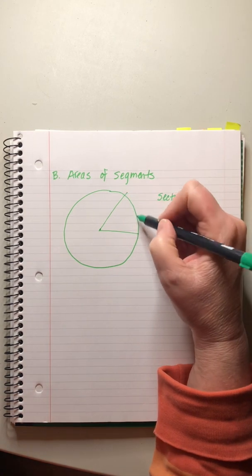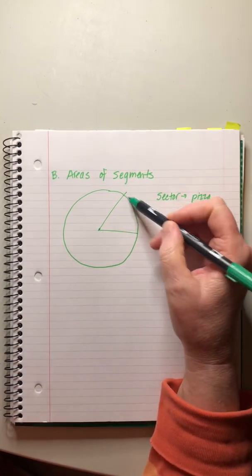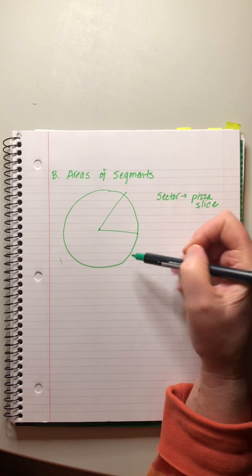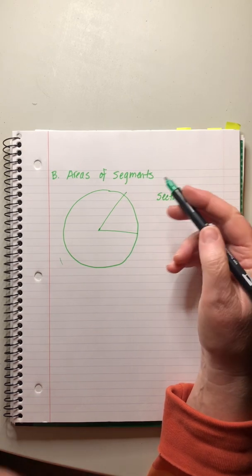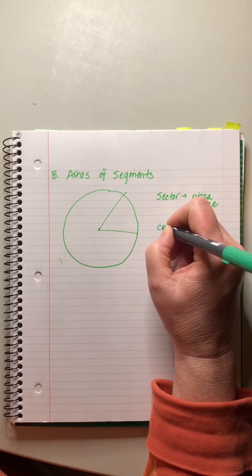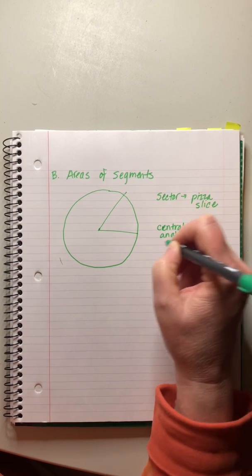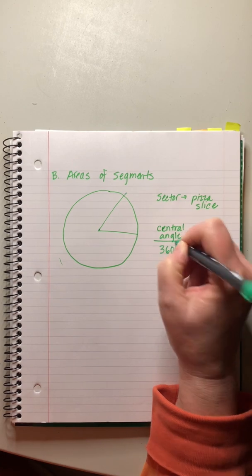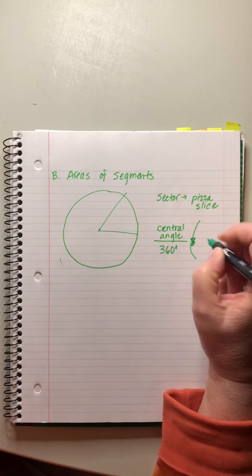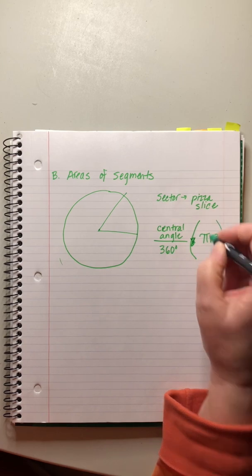A sector is like a pizza slice, right? It's straight on the edges and it's curved on the end. Ooh, pretend that's perfect. That's a rough circle, you guys, and that's messy too. Sorry. The sector is the whole thing. We know how to calculate sectors. Usually, we take the central angle over 360, and then we multiply it. Oh, I don't want to use x. I'll use this. We're multiplying it by pi r squared,